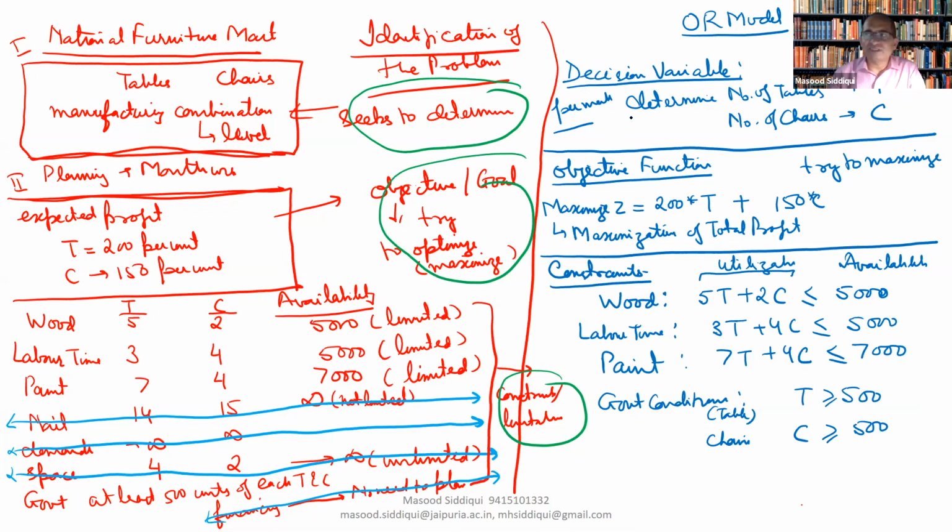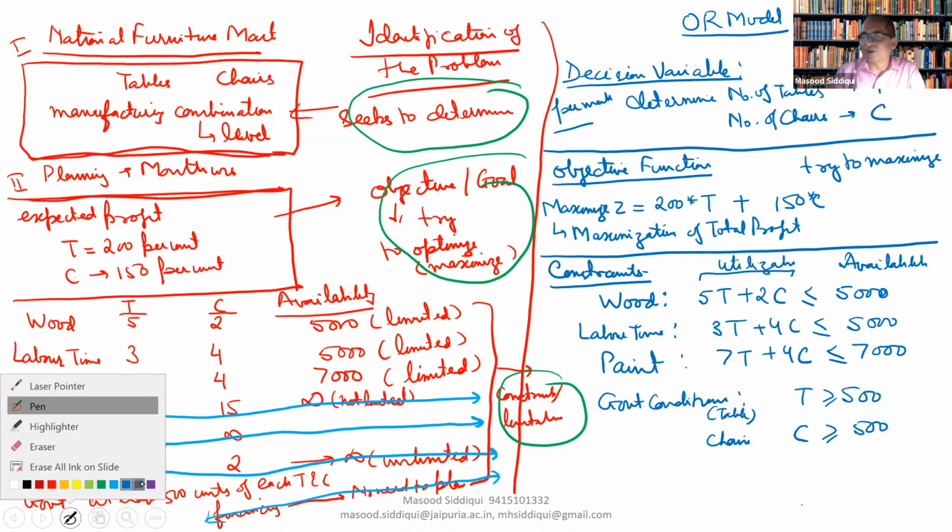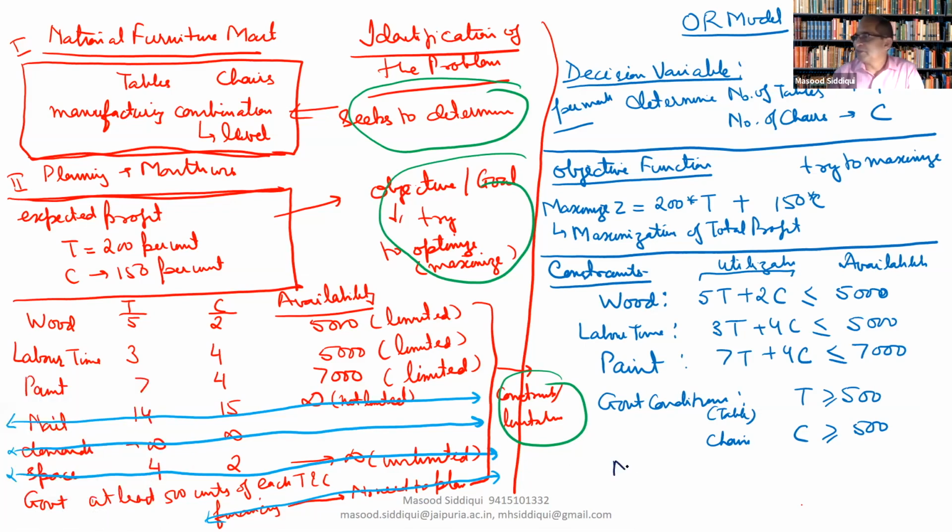So this model should be perfect in the sense that we won't have any absurd suggestions. One thing that is important is that since they represent real life things, and real life things cannot be negative, we also impose one more condition that is known as the non-negativity condition. So I am writing it